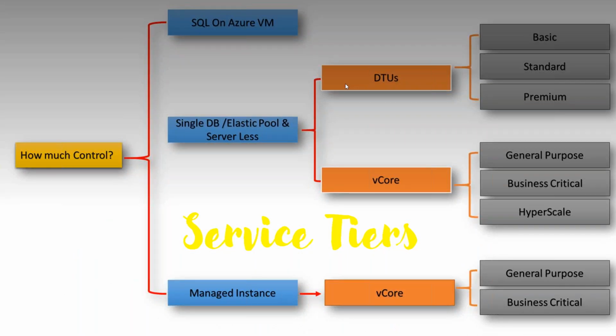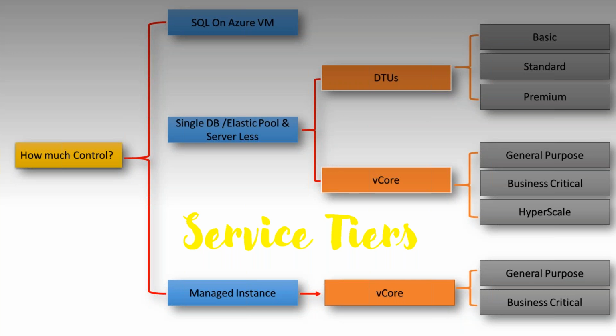Now, an interesting flavor you will see when you go for Azure SQL database is service tiers. On premises, we are using only the vCore method, like a core base, so every resource is independent. But when we go for the PaaS environment, we have single database, Elastic Pool, or serverless. Serverless is completely compatible with Azure SQL database, but it is not compatible with managed instance. And serverless is only compatible in the vCore method, only under the general purpose tier.